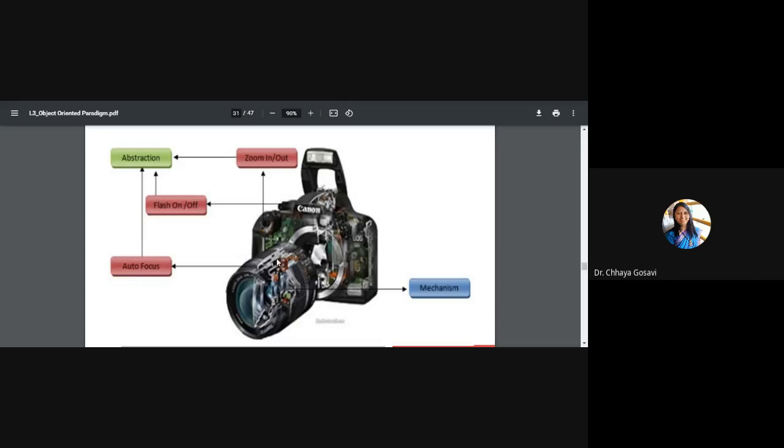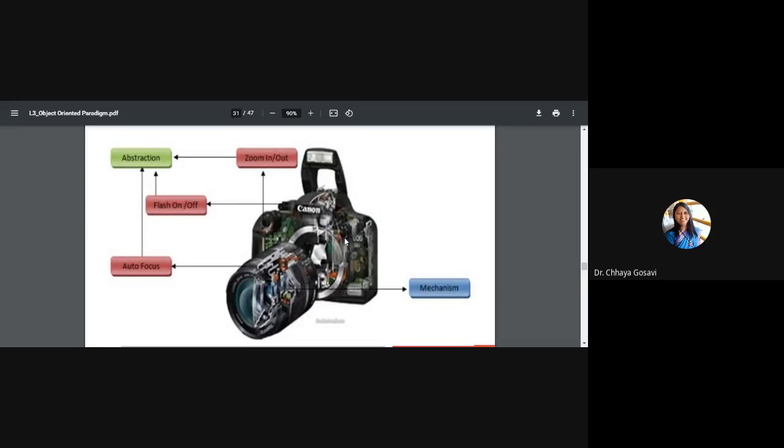You can operate with these buttons to do a particular operation like zoom in, zoom out, flash on, flash off, or autofocus, which is called abstraction. And the internal mechanics, how it focuses, how it changes the flash, how it makes the zooming operation work, is all encapsulated in the body of the camera. That is called encapsulation. Everything is hidden inside that plastic body of a camera.